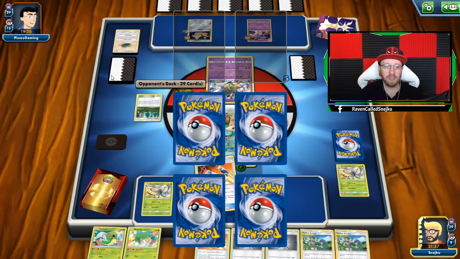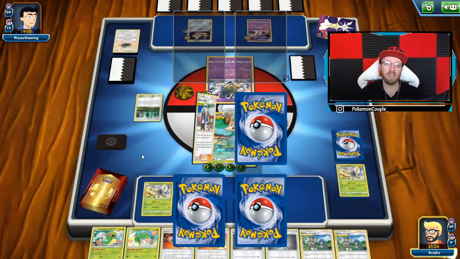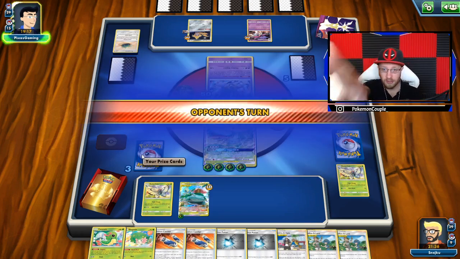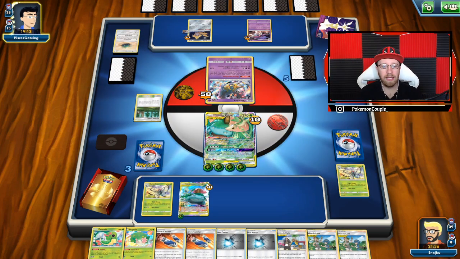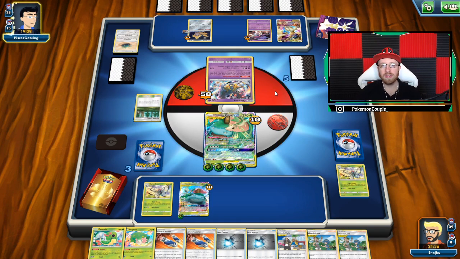And we've got Custom Catcher, perfect. So we got 2 Custom Catchers that are gonna go for Malamar, because Malamar is his main engine right now, and Shaymin to heal this 10 damage from Venusaur and Snivy. Or